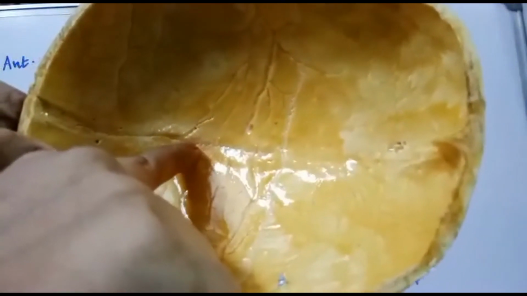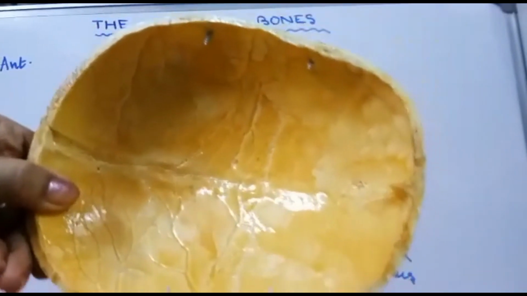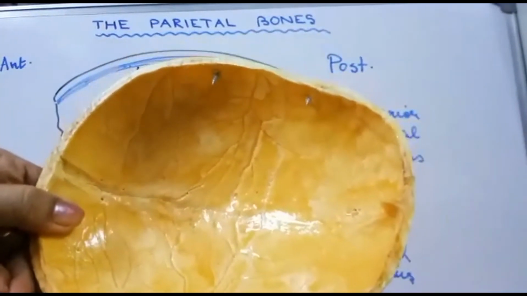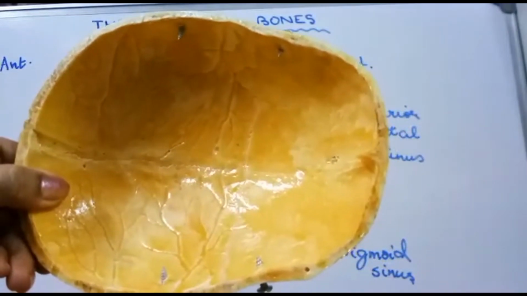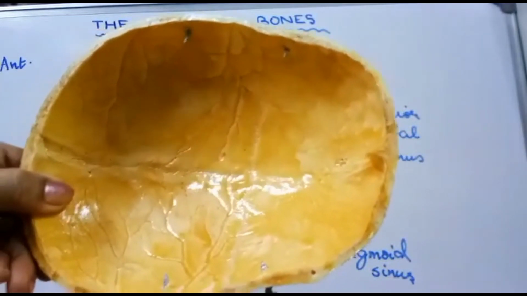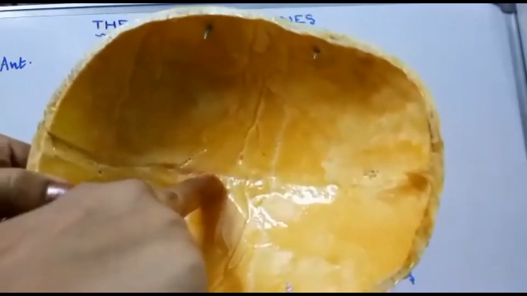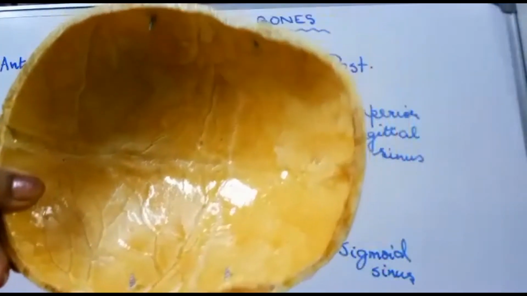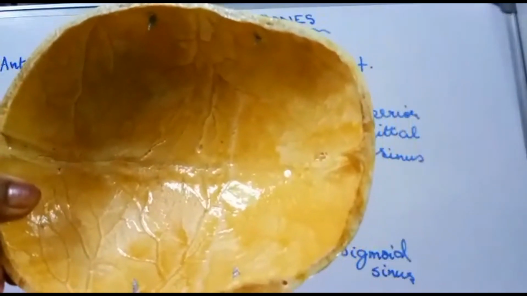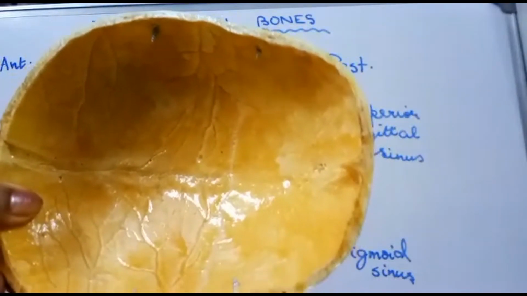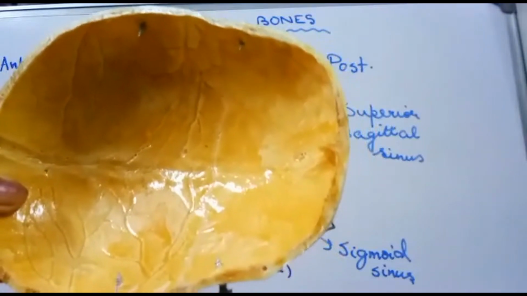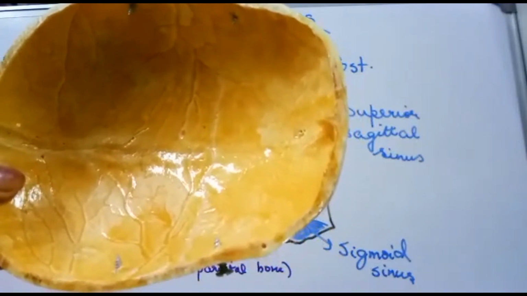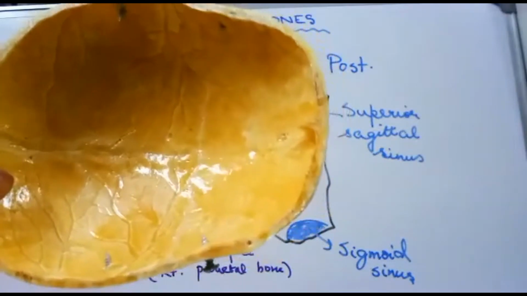This sagittal sulcus is formed along the inner aspect of the superior border. The margins of the sagittal sulcus give attachment to a dural fold, that is the falx cerebri, and this sagittal sulcus will lodge the venous sinus, that is the superior sagittal sinus. This superior sagittal sinus is a dural venous sinus, and along with other venous sinuses, they help to drain the blood from the brain and also from the meninges, bones, and also from the orbit and the ear.